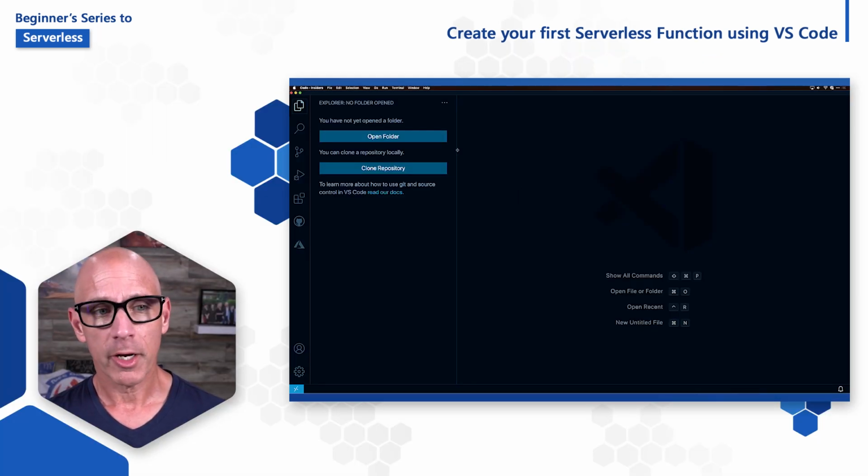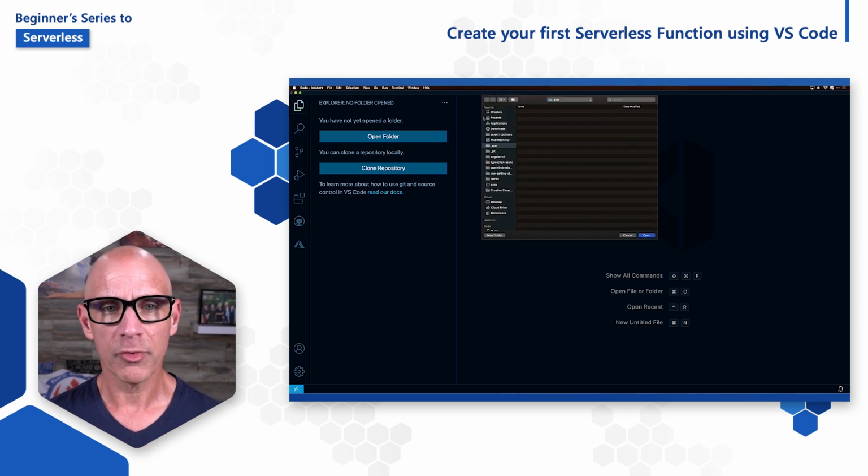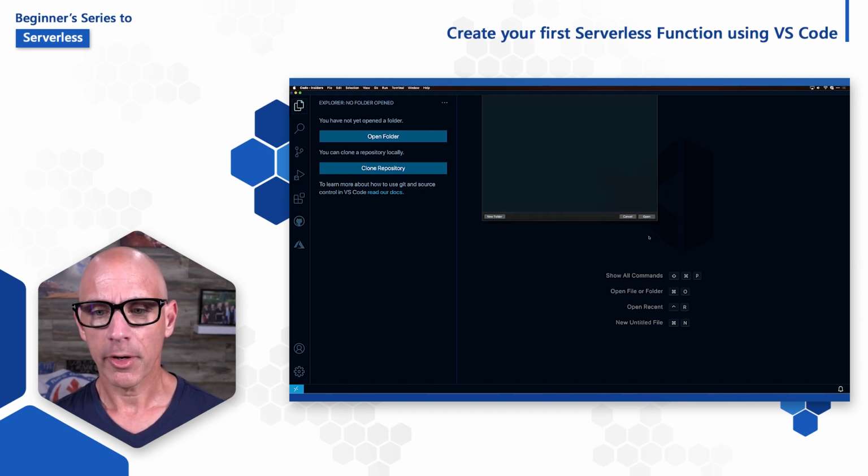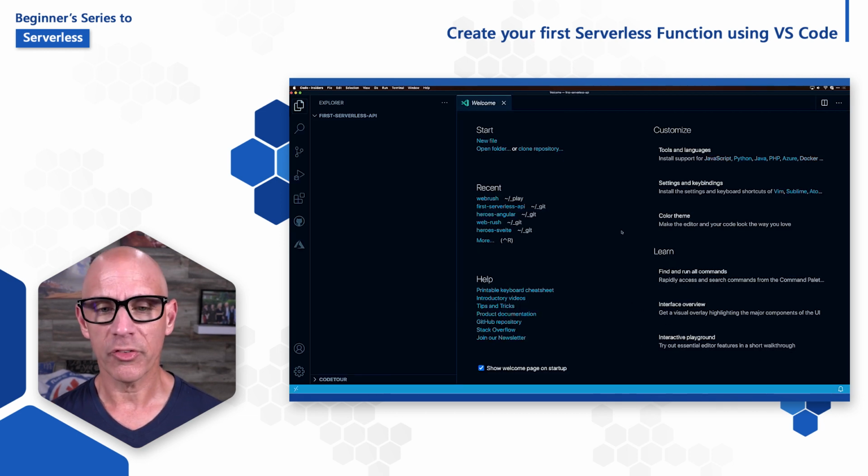Let's start by creating our own folder. I'll click on Open Folder to do that. I'm going to choose this Play folder and say New Folder. I'm going to call it First Serverless API. Then we'll click Open. VS Code will reload itself at this point,